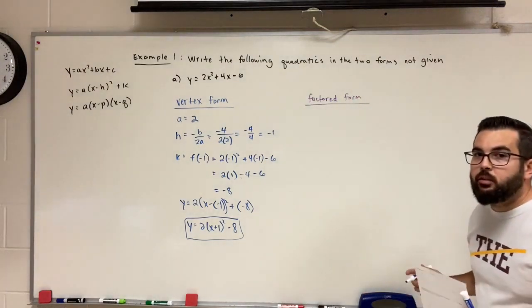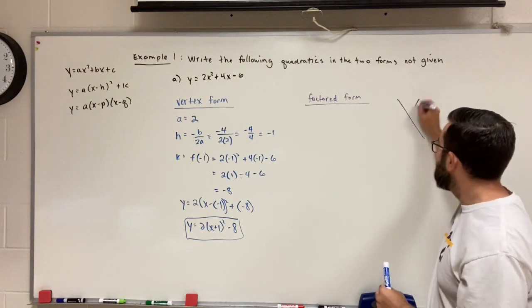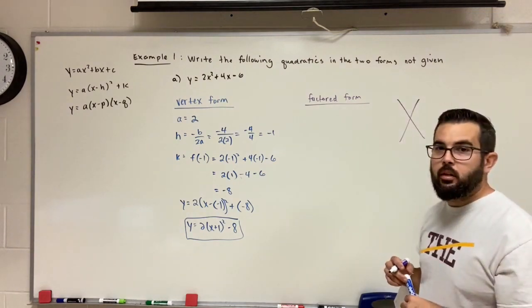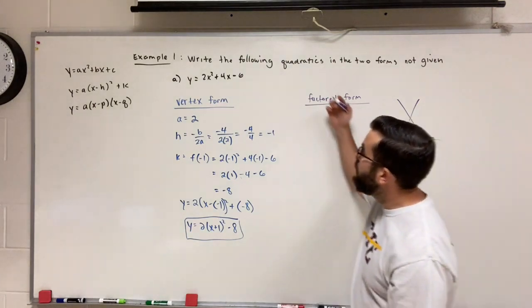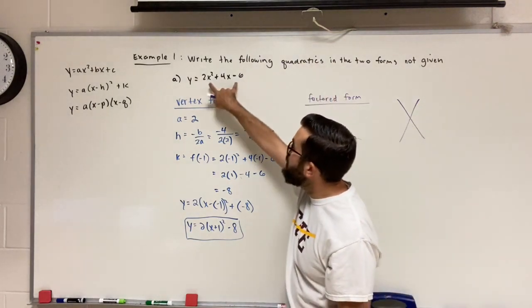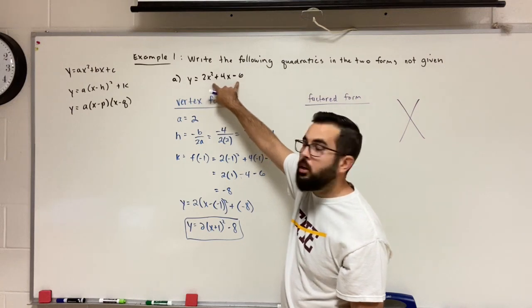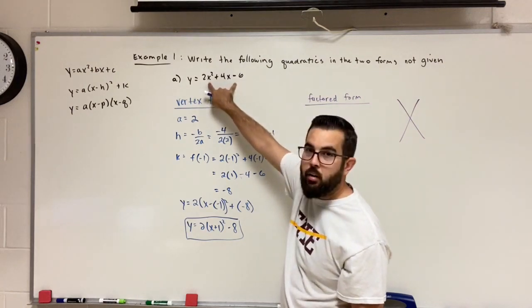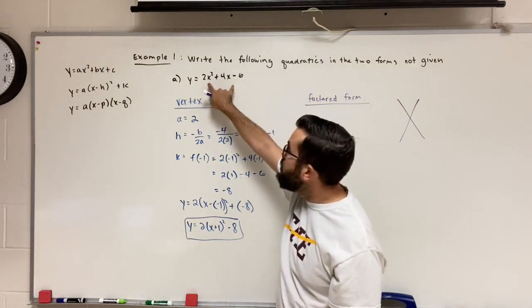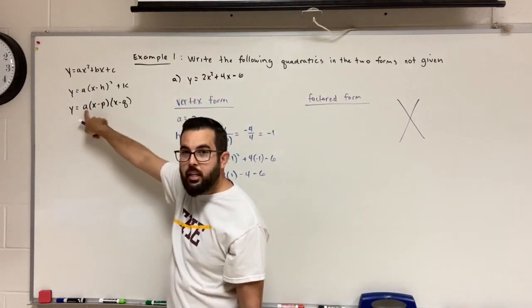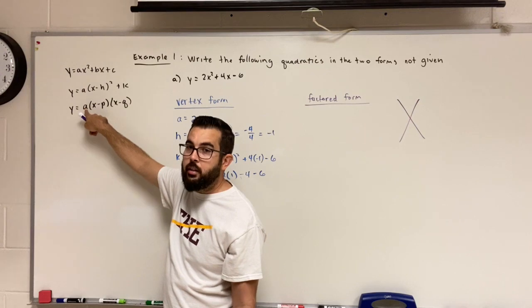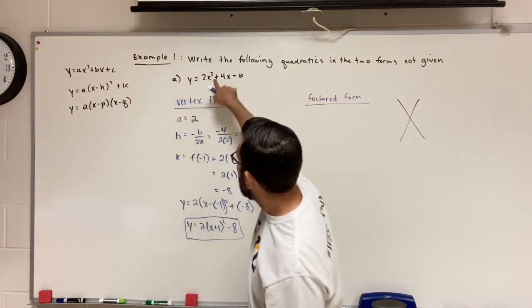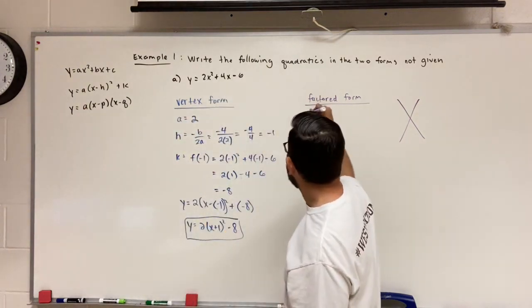Okay, so factored form, I'm going to use the factor puzzle, and then I'm going to split the middle term and factor this. Before I go to my factor puzzle, I'm going to look and see if there's a GCF to take out. Notice sometimes there's an A you can take out, sometimes there's not. Sometimes the value of A is 1. So there is a value of 2 that I could factor out,